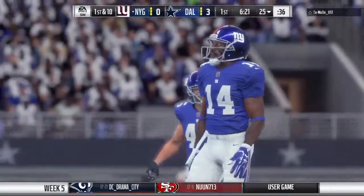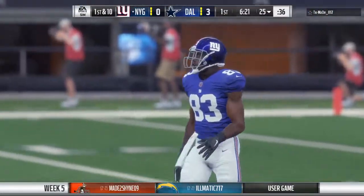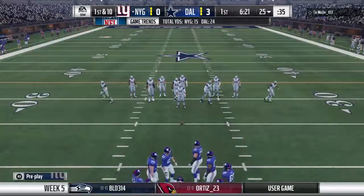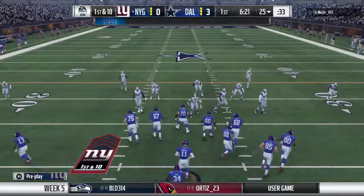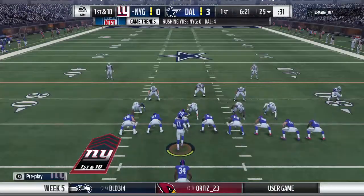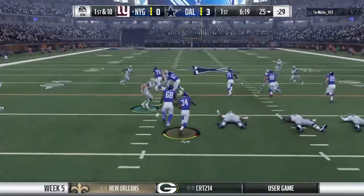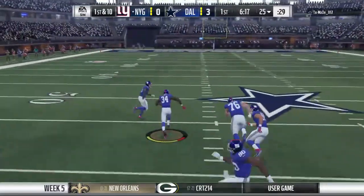And following the interception, just any interception, are you a little bit more cautious when you start that next drive, or no, you just throw that out the window? I think you are. I don't think there's any way you can run back out there and go, totally didn't affect me. Let's just go ahead and be loose with the football again. You're going to take care of it, but you have to be careful about being...